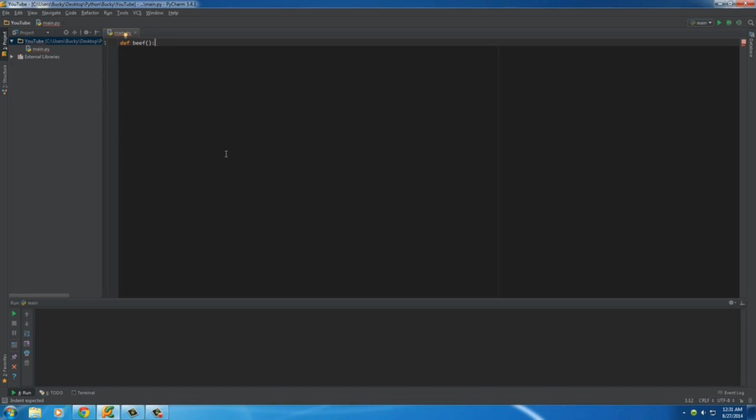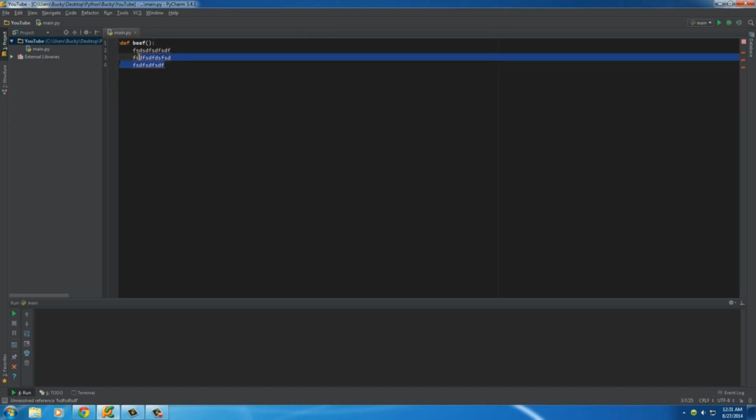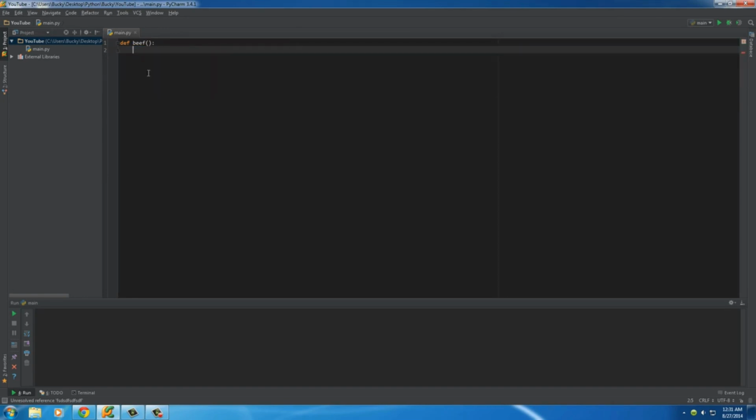Now, after this colon, hit enter, and any line of code that goes in here is going to be part of your function. So any line of code that's inside your function, whenever you use it later on, is the part that executes. So we'll make this a very simple function, print something out, and we'll just write, "Functions are cool." Alright, so this is a pretty useless function. Again, this is just a function called beef, and the only job of it is to print something out on the screen. So if you run this right now,